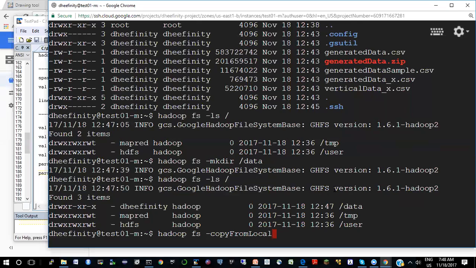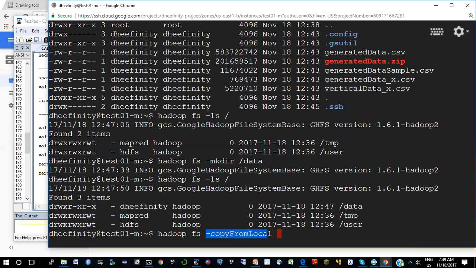Physically, the name will only be in the name node. The name node represents a data structure of the file names and the inode data that represents the permissions and things like that. And when you put a file like this, like what I'm doing now, I'm saying copy from local. That means copy from this local file system